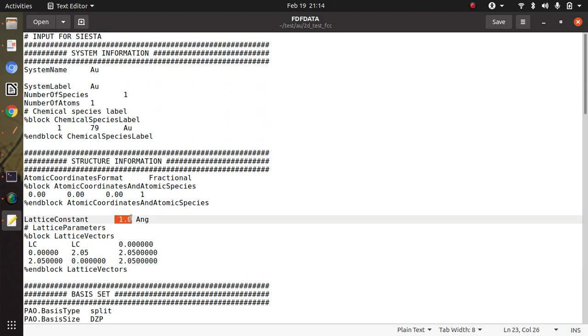If you write down 1.0 here, then you have to multiply with the lattice constant, with the values which we have taken earlier, which means 0.5 here, right? So that's what I am doing here. I slowly keep on increasing this LC and then see the effect of increasing it.